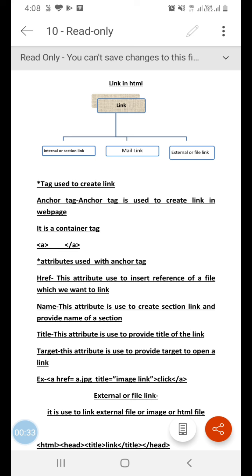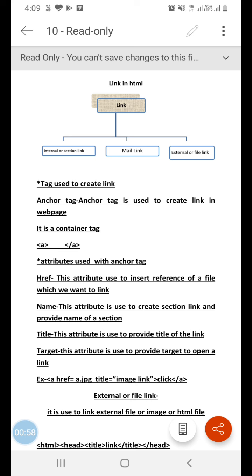For this purpose, HTML uses a link. A link is an object which is used to combine different web pages to create a website. In HTML, there are different types of links, like internal link, external link, and email link.